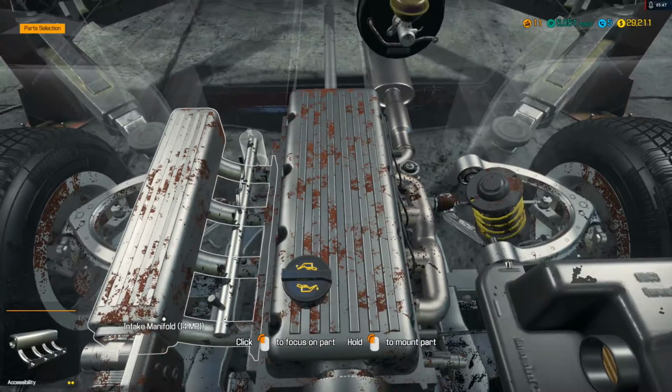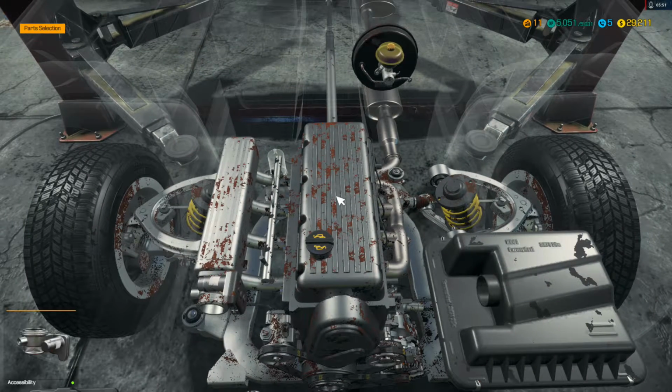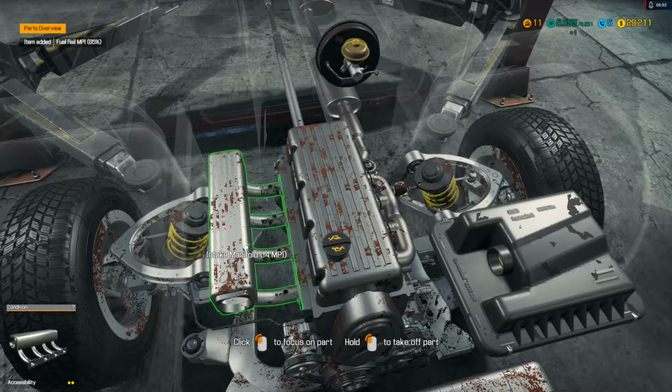Okay, so we'll start here, just kind of pulling apart the engine. Obviously, we're going to back out far enough where we can see what we're doing. Oh, fuel rail's got to come off. Okay, I see. This is going to take a little bit to pull apart all this stuff, but